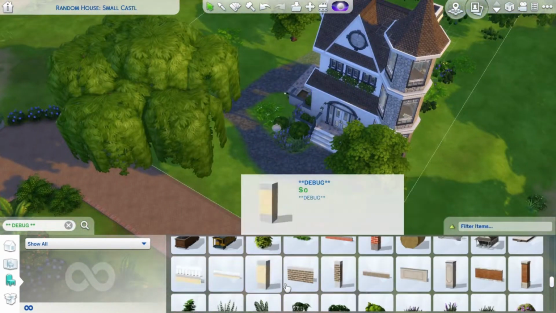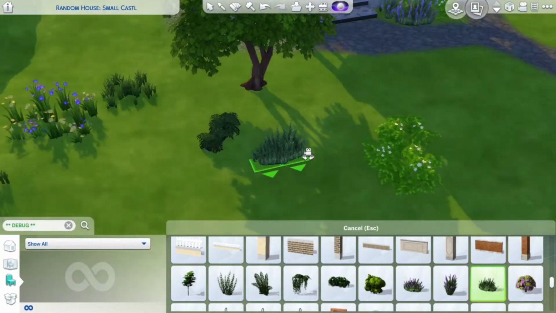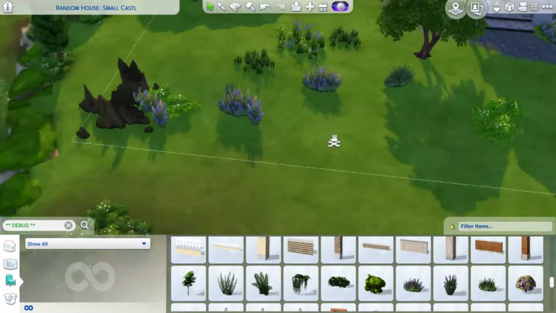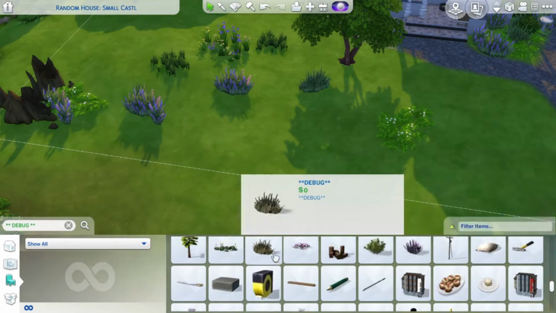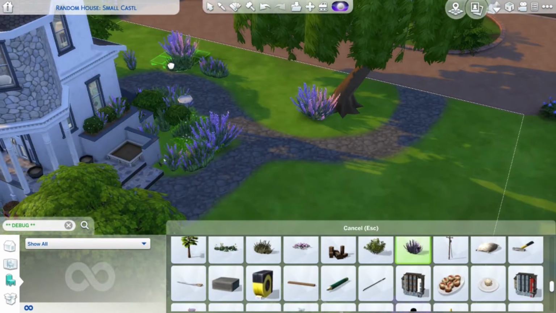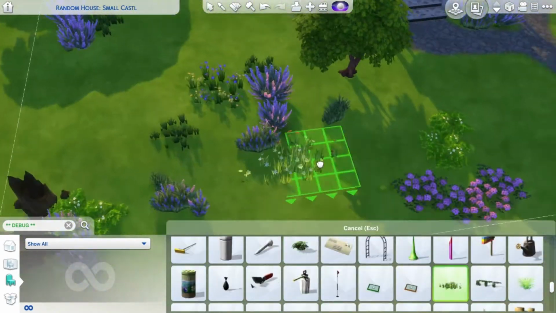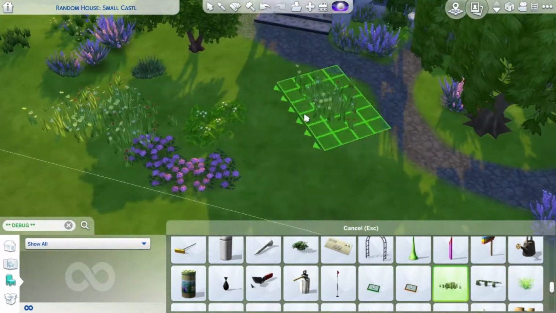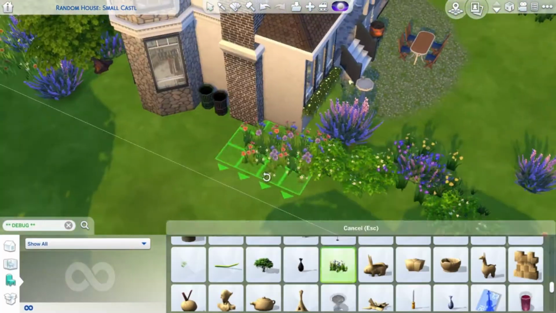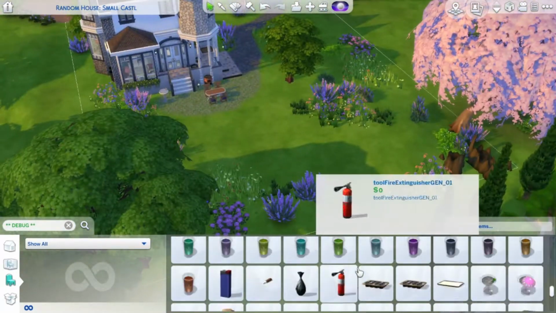And as you can see, I just scrolled through and I put down whenever I thought, okay, this would maybe look cool, and I just put them down in some random spots. I didn't want it to look curated or anything like that. I just wanted it to be there and kind of be overgrown like a meadow a little bit. And I actually think the flowers that are in the debug menu really fit nicely for that